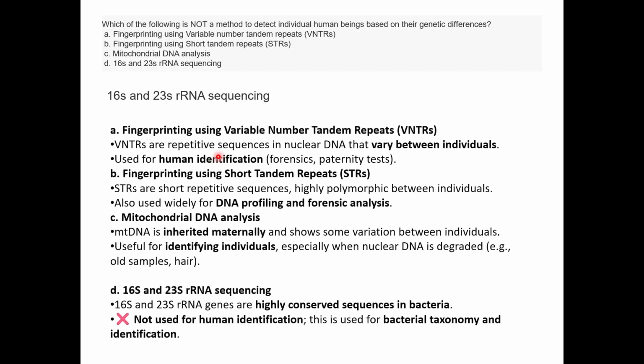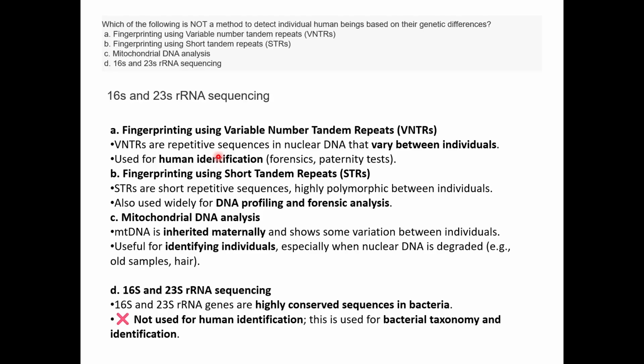sequencing. So, fingerprinting using variable number tandem repeats uses repetitive sequences in nuclear DNA that vary from individual to individual. It can be used for human identification in forensics and paternity tests. Short tandem repeats are short, repetitive sequences, highly polymorphic between individuals, also widely used for DNA profiling and forensic